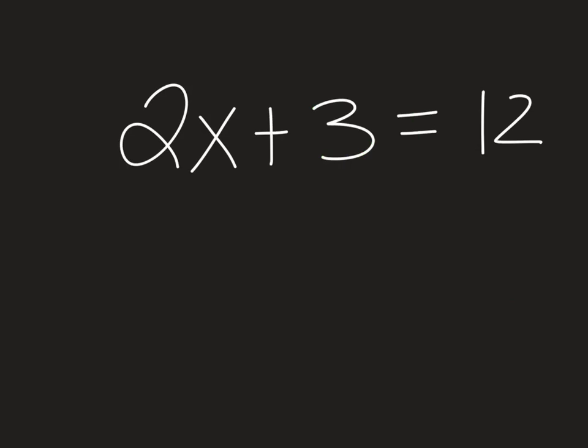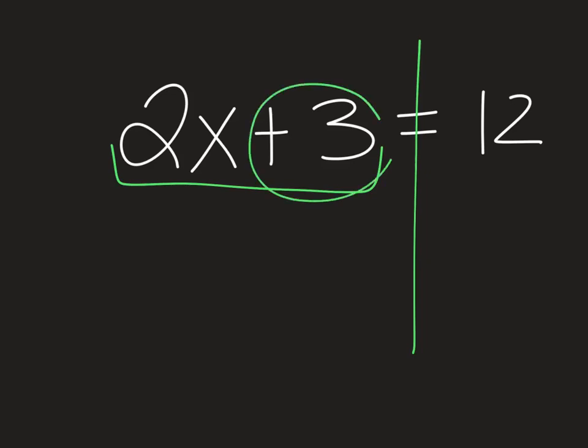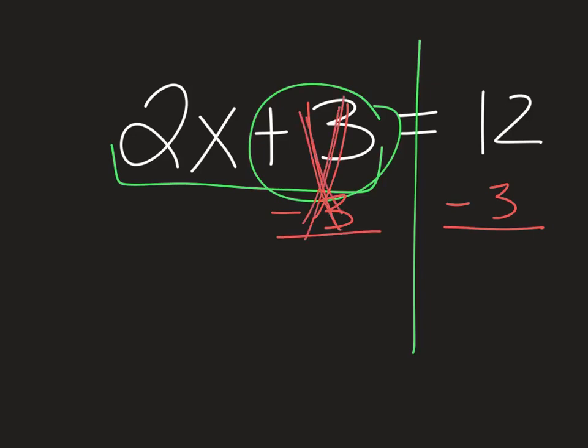Example 2, we have 2x plus 3 equals 12. Again, draw the line down through the equal sign. We want to get rid of the number in our expression that does not have a variable, so that will be our plus 3. So we're going to do the opposite of plus 3, so we are going to subtract 3 on both sides. When we subtract 3, those 3's cancel, and we're left with 2x equals 12 minus 3,